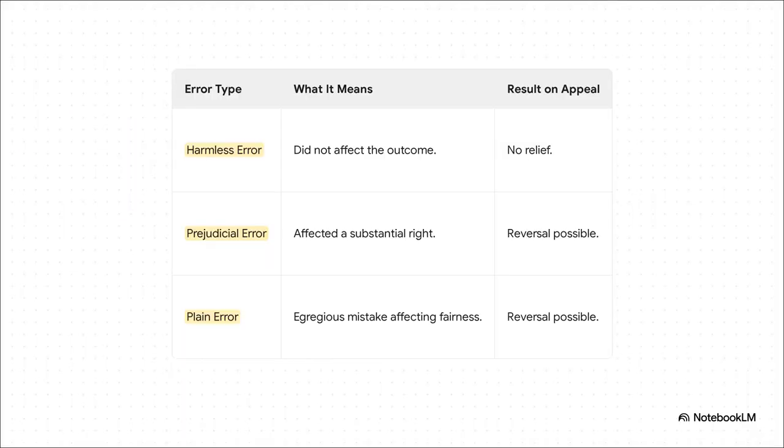See, the thing is, not all mistakes are treated the same by the appeals court. There are really three main flavors. First, you've got harmless error. Sure, the judge messed up, but it didn't really change anything in the end. The conviction stands. Then you've got prejudicial error. Now, this is the one you're looking for. This is a mistake that was so bad it affected a major right and probably did change the outcome. If you save this one, you've got a real shot. And last, there's plain error. This is a mistake so bad, so obvious that an appeals court might just fix it even if you didn't say a word. But darling, you do not want to bet the farm on that. That's a Hail Mary, plain and simple.